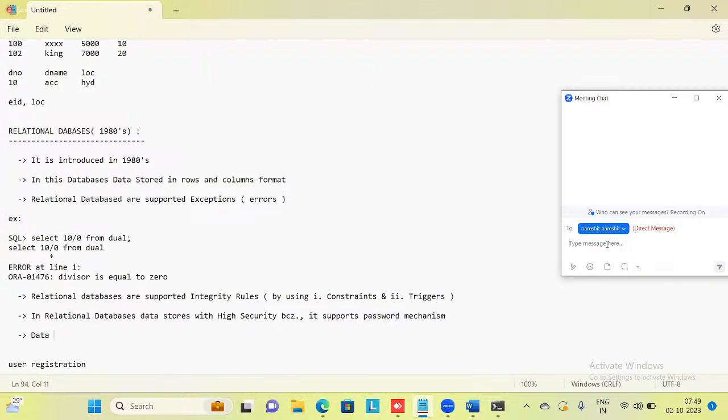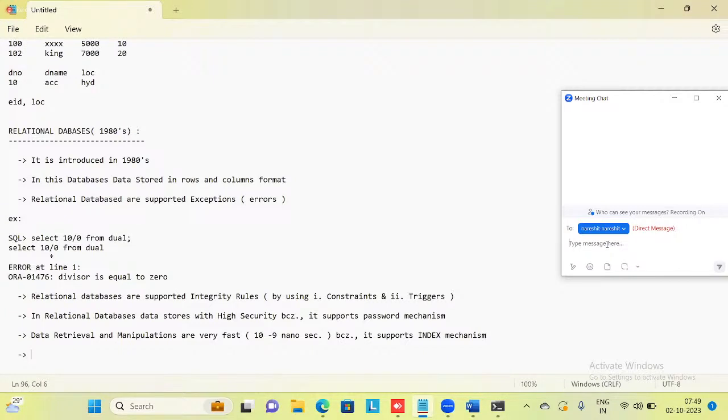Next one is data retrieval and manipulation are very fast, 10 to the power of minus 9, nanoseconds, we can fetch the data because it supports an index mechanism. This is the main feature of a relational database, guys. Index is most important. In interviews also they ask, tell me about the indexes concept, because in real-time applications, inside the